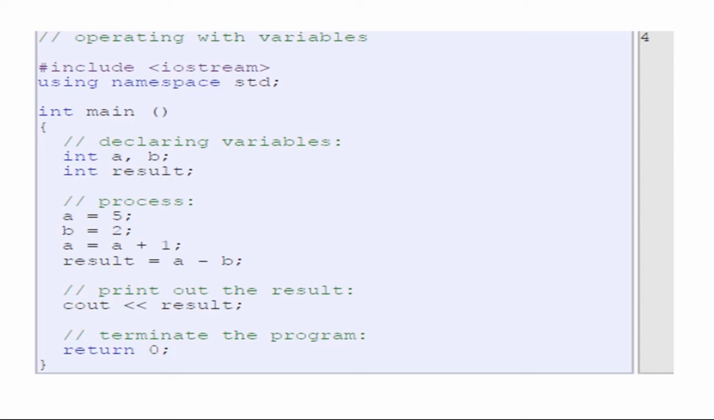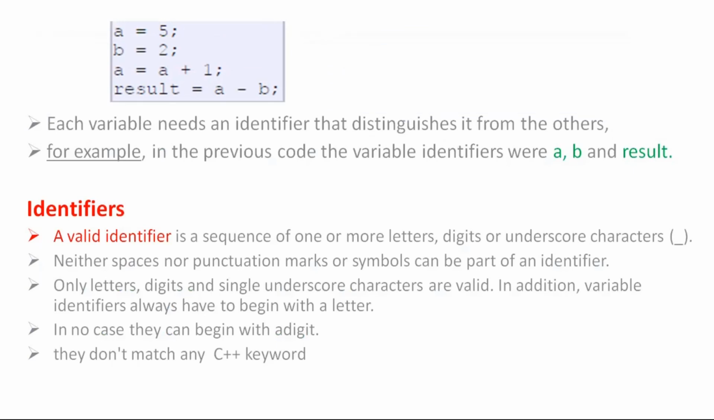4 ይመጣልናል ማለት አራት ስንሰራው ማለት ነው። ስለዚህ ይህም ቫሪያብላችን ዲክሌር ካደረግን በኋላ አሳይን አደረግን። ስለዚህ በፕሮግራም ስናየው ኤግዛምፕል ይሄን ይመስላል። Each variable needs an identifier that distinguishes it from the others. ከሌሎቹ ለመለየት ምን ያስፈልገናል? አይዴንቲፋየር። For example, in the previous code the variable identifiers were a, b and result. እነዚህ አይዴንቲፋየር, the variable identifier variable የምንላቸው a, b and result identifier ናቸው። For example, what is identifier ማለት ምን ማለት ነው የሚለውን ስናይ